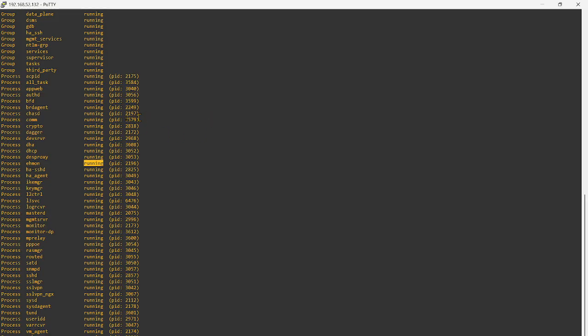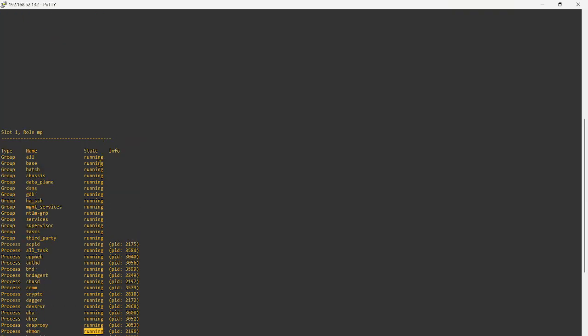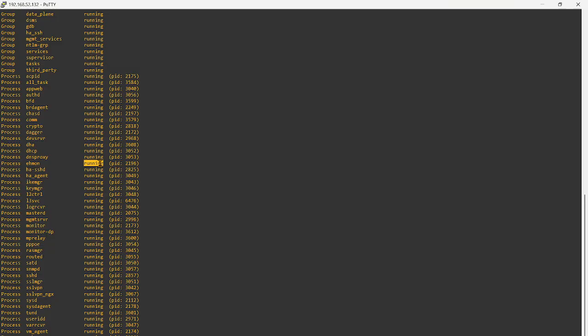Once every process is running successfully, the auto commit will be completed. Auto commit also takes care of the configurations. Whatever configurations were available before the reboot, auto commit makes sure those changes are also reflected on the firewall after the reboot. So there will be no configurations missing whenever you do a reboot, because auto commit takes care of it. That is the role of auto commit on every firewall.